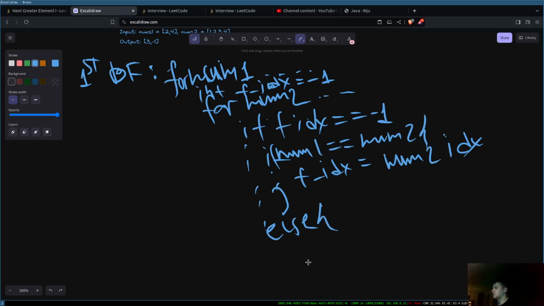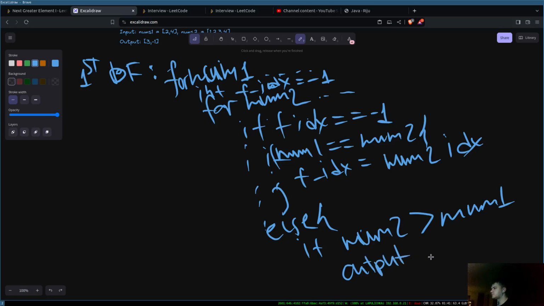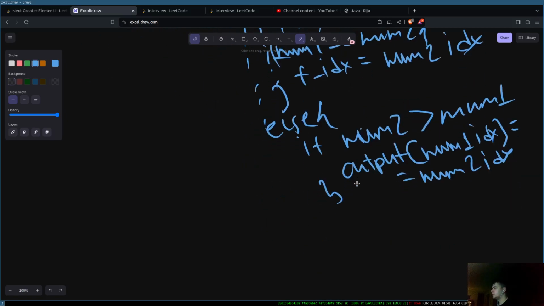Then we need to check if num2 is greater than num1, and if so, we need to write the output for the num1 index equals num2, and